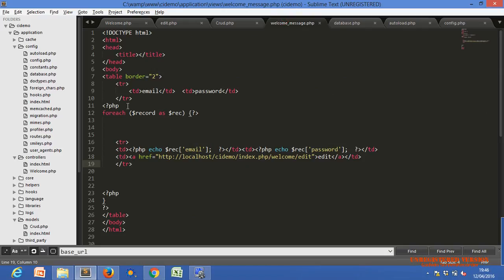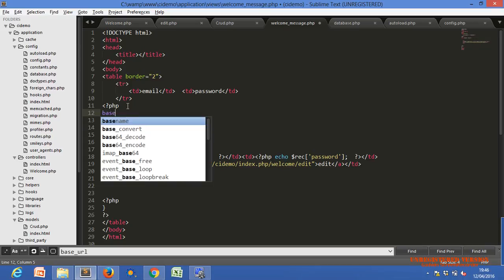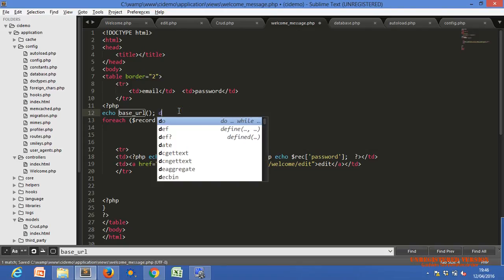Where is the PHP code here? Okay, I just use the base_url function. I'm just trying to show you what the base URL function returns. Just echo and die.